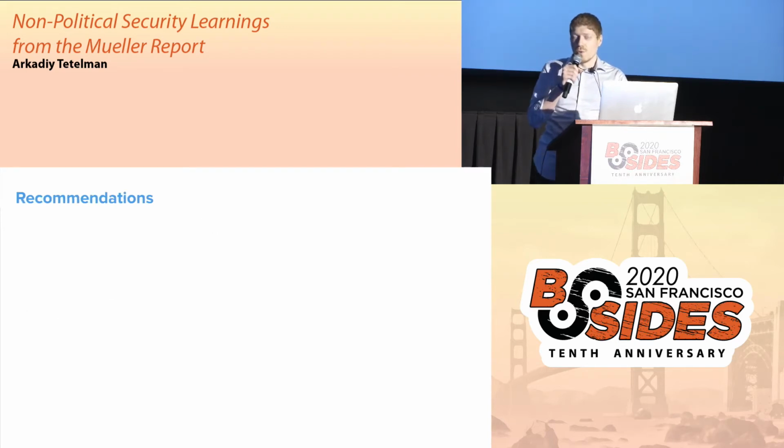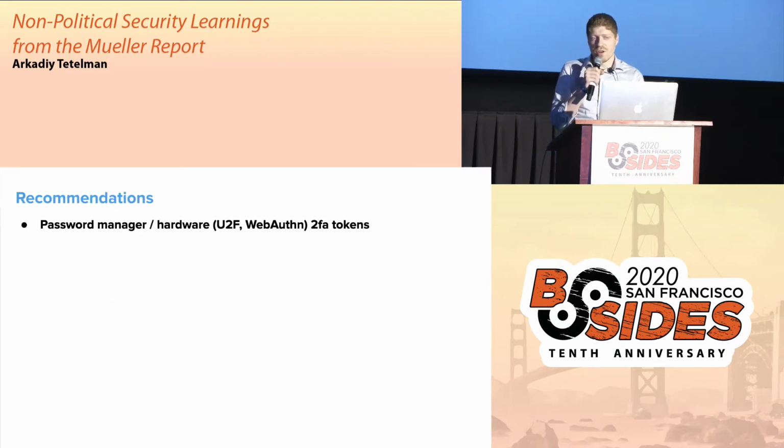So what can you do? First and foremost, super basic and easy, password managers and hardware 2FA tokens. I know I'm preaching to the choir here. This is not going to be news to anyone here. I think most of the time we want to do these things, and the bigger problem is getting organizational buy-in, getting resource and budget and headcount and that sort of stuff.